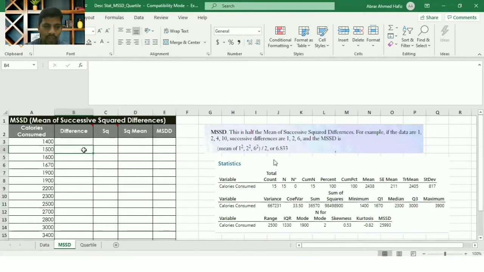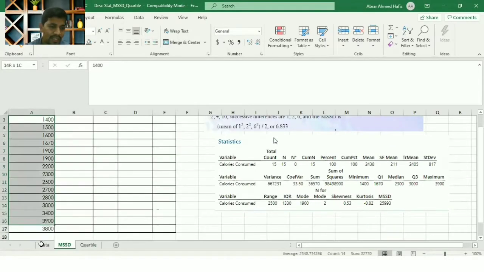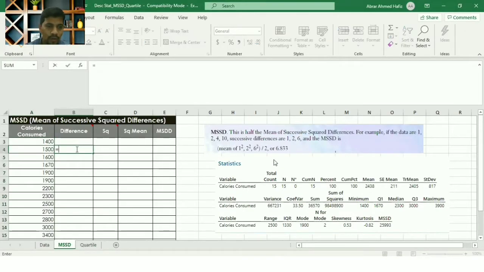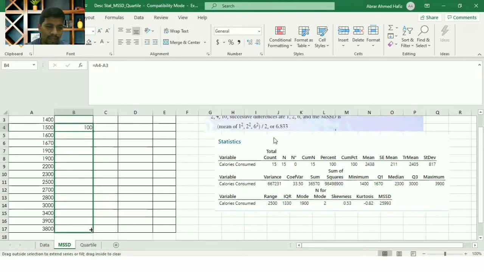So what you can do is, this is my data set, and I'm going to find out the differences: equal to this value minus the previous value, and then you can drag this down until here. So all these values got calculated. Just to cross check, 1900 minus 1900 is 0, and 3800 minus 3900 is minus 100.